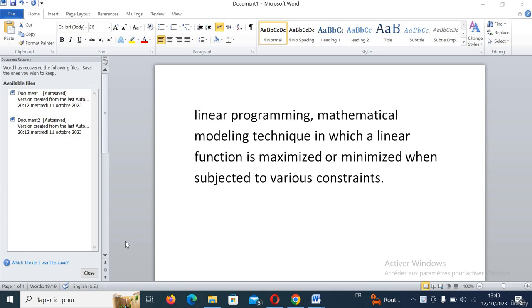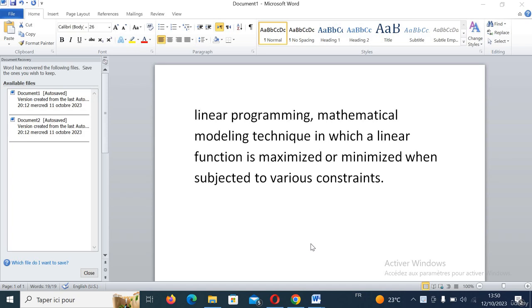We move to linear programming or operation research. So we start with the definition. Linear programming is a mathematical modeling technique in which a linear function is maximized or minimized when subject to various constraints. So the goal is to maximize or minimize an objective function in the presence of various constraints. We do only a modelization, then we enter the site of PHP Simplex to get the